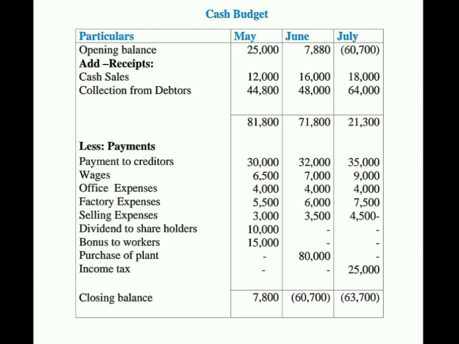So that means for the months of June and July, the firm is facing a problem of shortage of cash balance. That is the deficit balance it is showing. So the firm should go for an immediate working capital loan or short term loan to meet their expenditure in these 2 months, that is June and July. So this is the second problem related to cash budget.